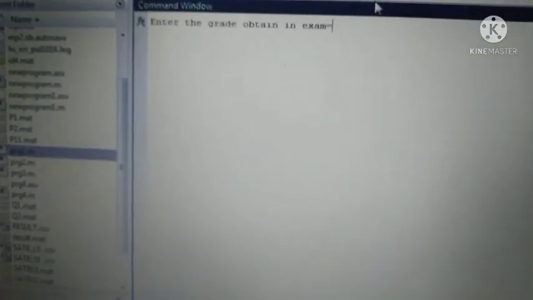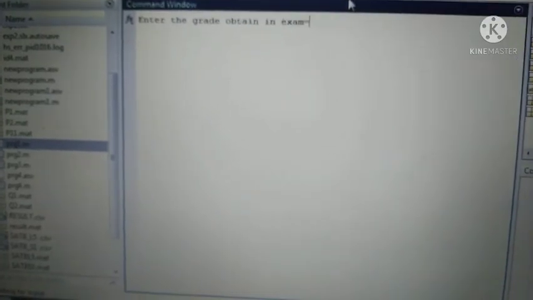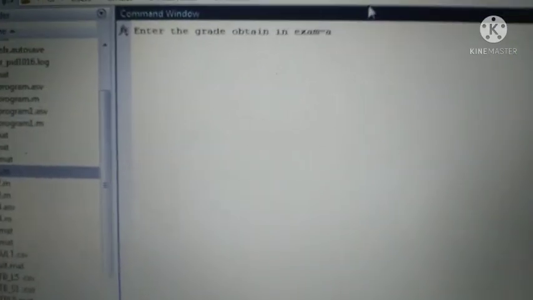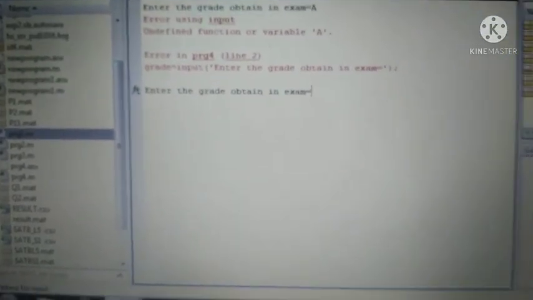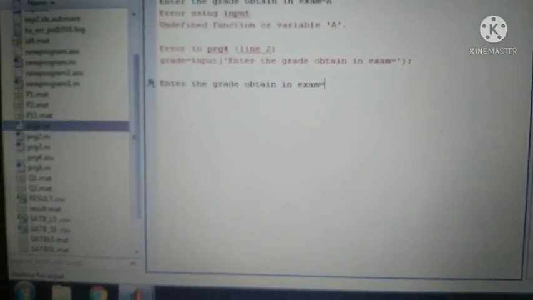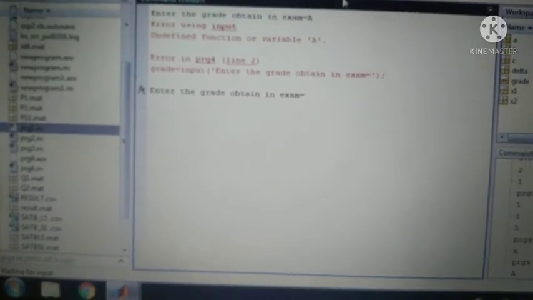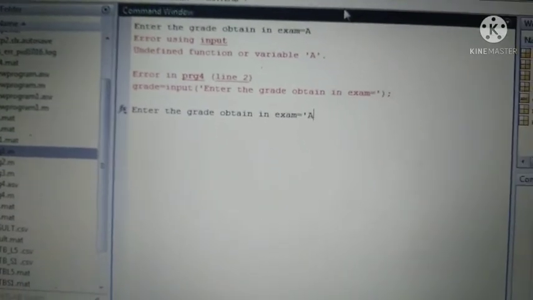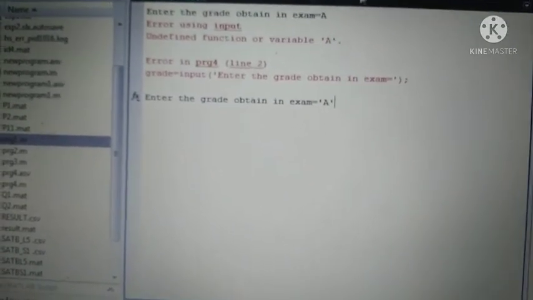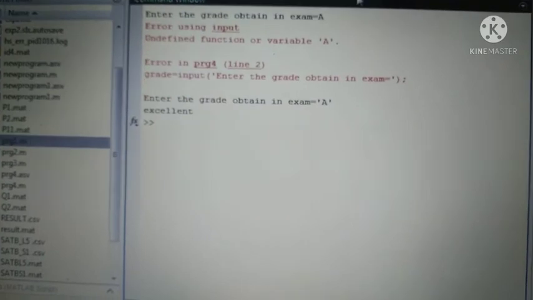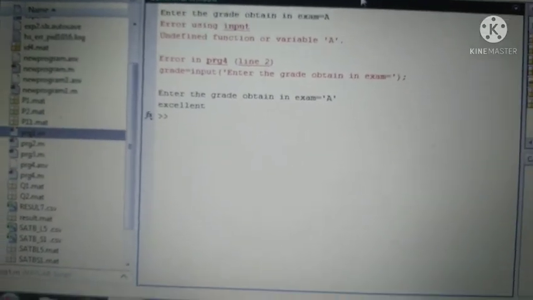See here it is showing enter the grade obtained in exam. Okay, if I give A here, small a or capital A, see it will show you. So it will not take that value itself. Okay, it will loop back and it will tell that the value is not proper. Either I can give the ASCII value of A, which means I have to give the value in single quotes. So within single quotes if I give the value, then it will take and it will show the result. Or